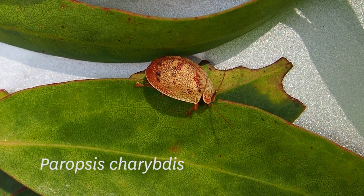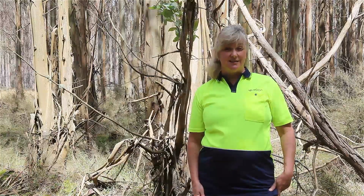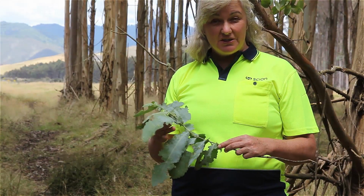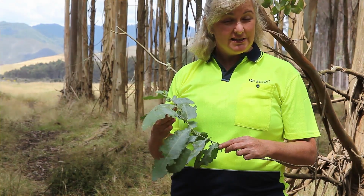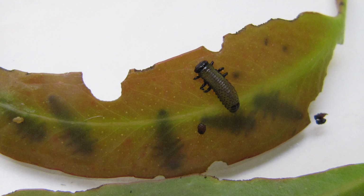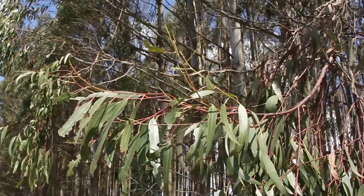Eucalyptus tortoise beetles, their scientific name is Paropsis charybdis, have been a pest of eucalypts growing in New Zealand for over 100 years. The eucalyptus tortoise beetles overwinter as an adult. They come out of the ground or their shelter in the spring and start laying eggs. Now the larvae that hatch from those eggs, as well as the adult beetles themselves, feed on the new foliage